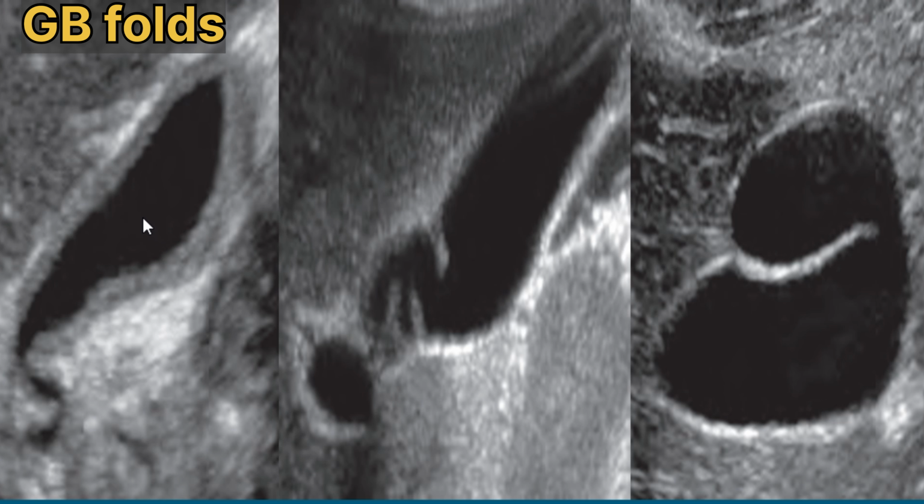Now here we can see that gallbladder folds in different patients have no clinical significance. Here we can see the gallbladder lumen, and this one is the gallbladder fold. This is a typical junctional fold near the gallbladder neck, and here we can see the larger folds in the gallbladder neck, and these are partial septa located in the lumen of the gallbladder.